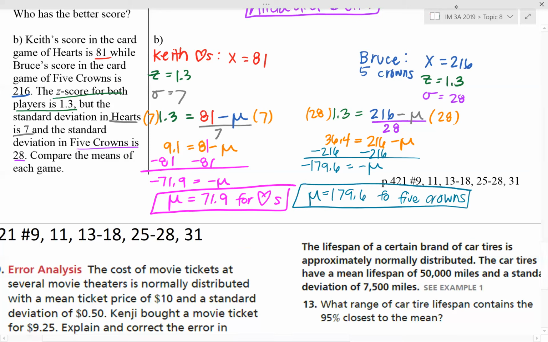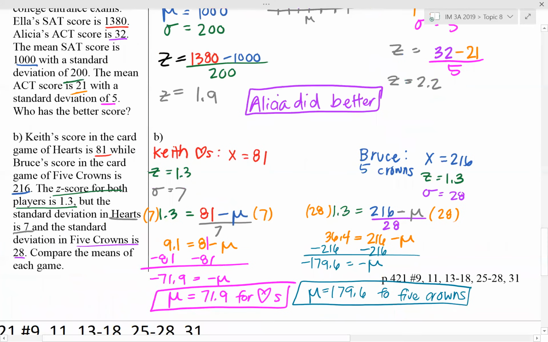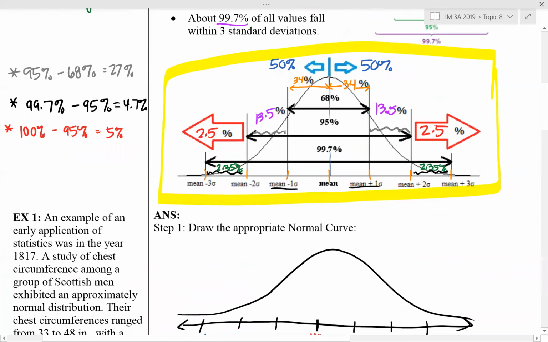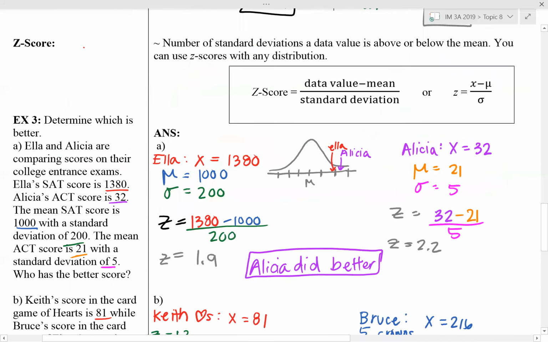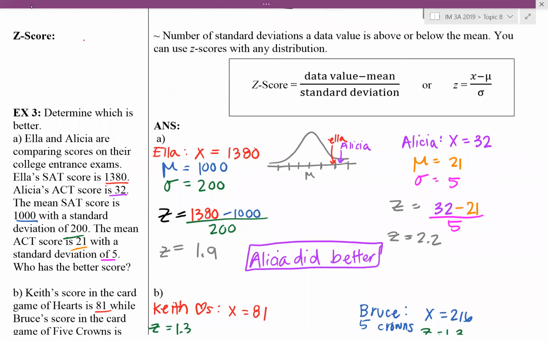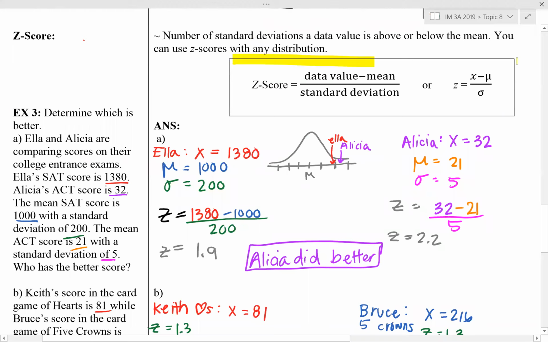So remember that the first part of this lesson is knowing and applying the empirical rule. So knowing the 68, 95, 99.7, and then being able to break down that distribution to answer a question about something that is approximately normal. And then the last part was finding a z-score to compare values or to solve for values. So the z-score formula is in that